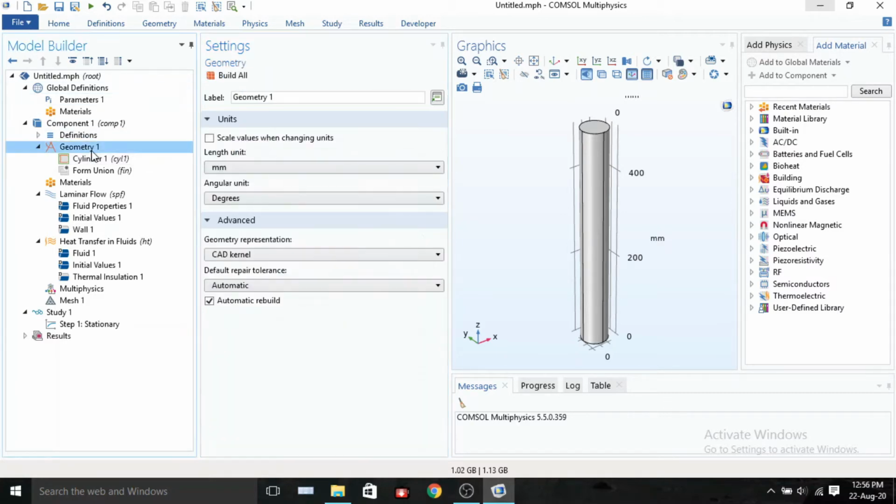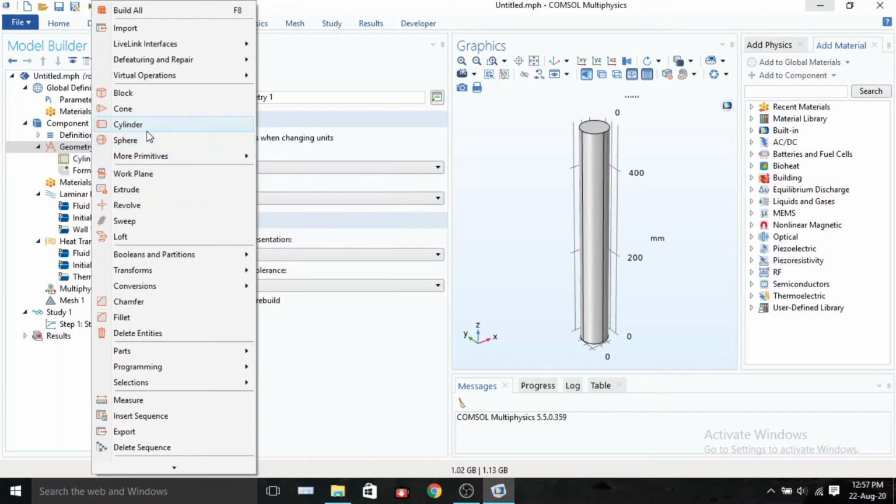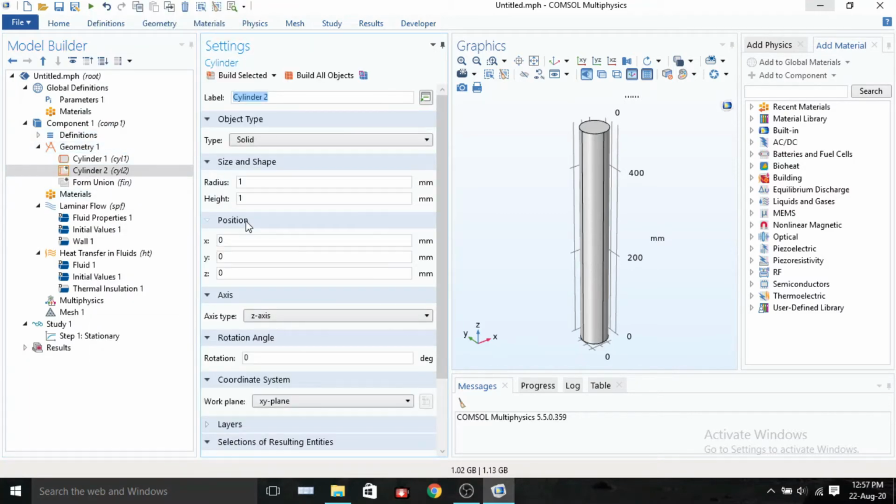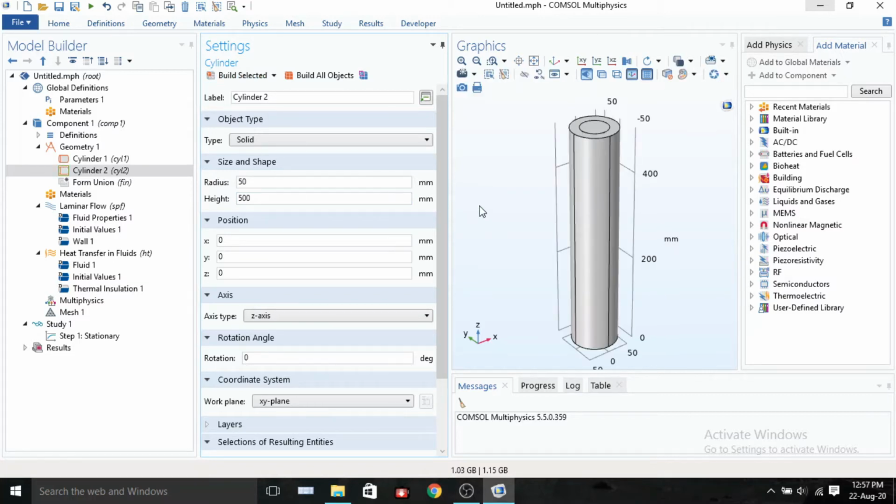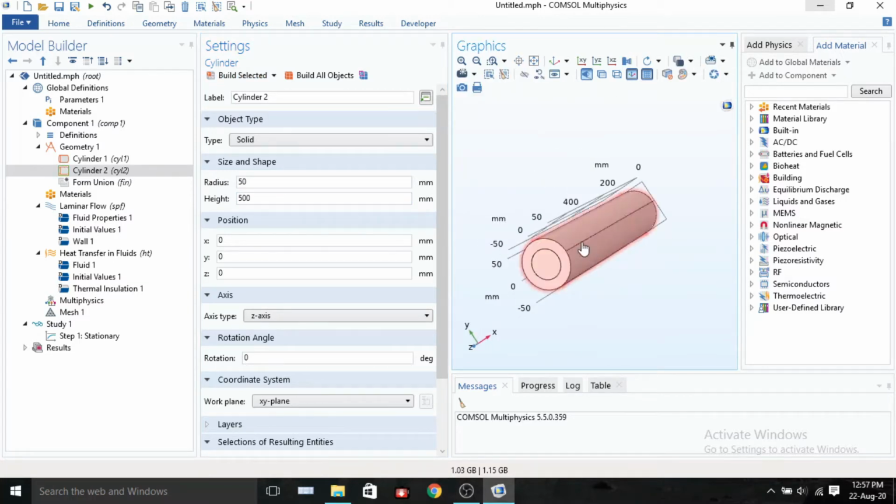Now choose another cylinder and use radius of 50 and a height of 500 millimeters and choose build selected. So the inner cylinder would be acting as the fin and the outer would be acting as a water jacket.